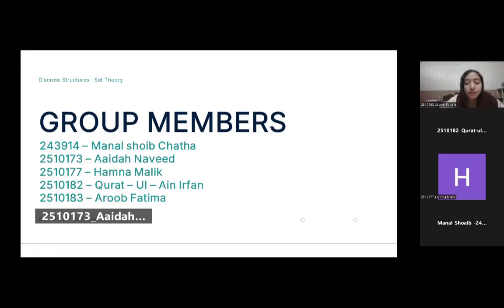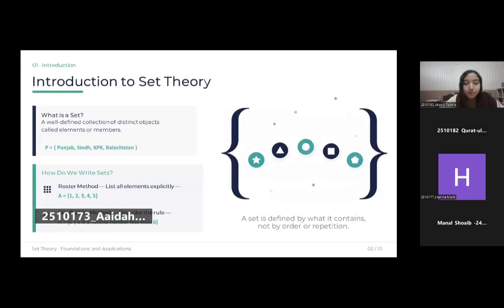So, before understanding set theory, let's first understand what a set actually is. Imagine I ask you to make a list of all the students present in this class. We can easily do that because we know exactly who is present and who is not. But if I ask you to make a list of all beautiful students in the classroom, then everyone might give a different answer because everyone has their own perspective. This is where the idea of a set comes from.